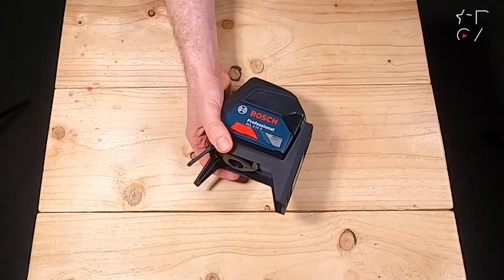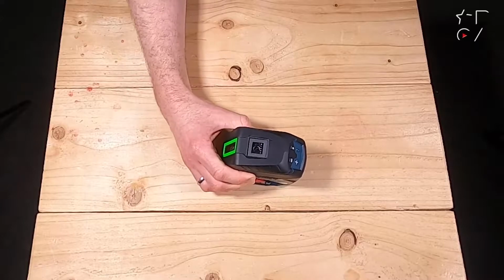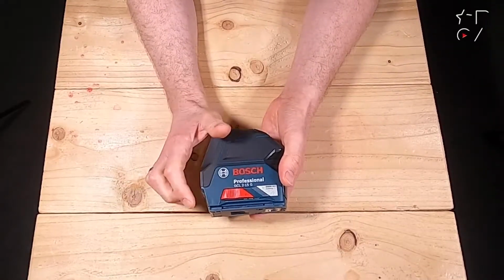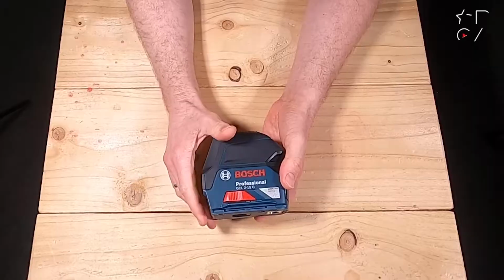But in all fairness, this is a product that works best with a tripod, because then you can adjust the height to your specific liking, fine-tune it much better, and have a lot more flexibility on where you put the laser. Then we move to the business end, which is this one slider that only has 3 settings, so it's